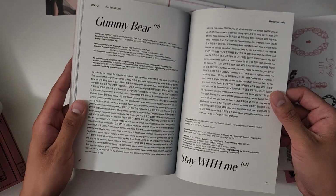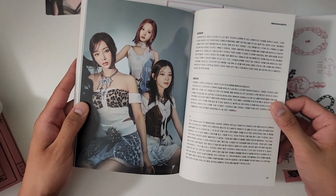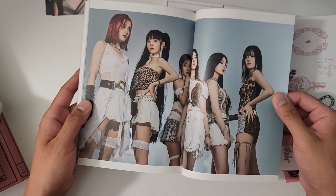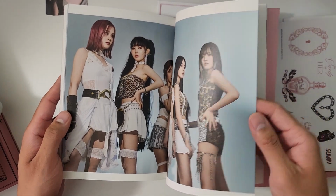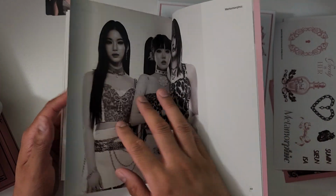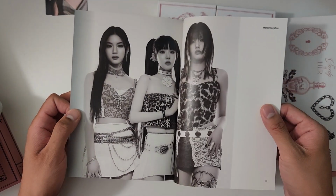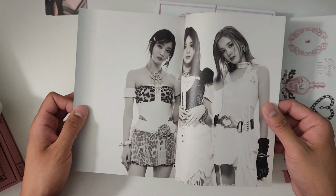We've got the lyrics for Gummy Bear as well as Stay With Me, and then we have the thanks pages as well as the unit shot here. And then we move on to the group shots, and this is the wallpaper for Superstar STAYC if you were able to complete the event, and I'm very glad I was able to get this wallpaper. And then finally we have the lyrics for Flexin' on My Ex as well as Troublemaker, as well as it looks like some last inclusions, black and white photos of the different units,